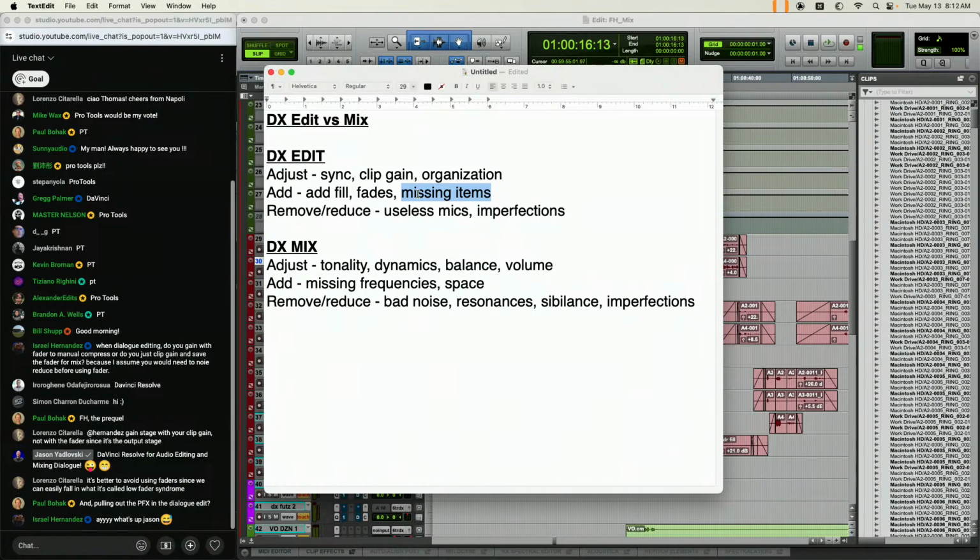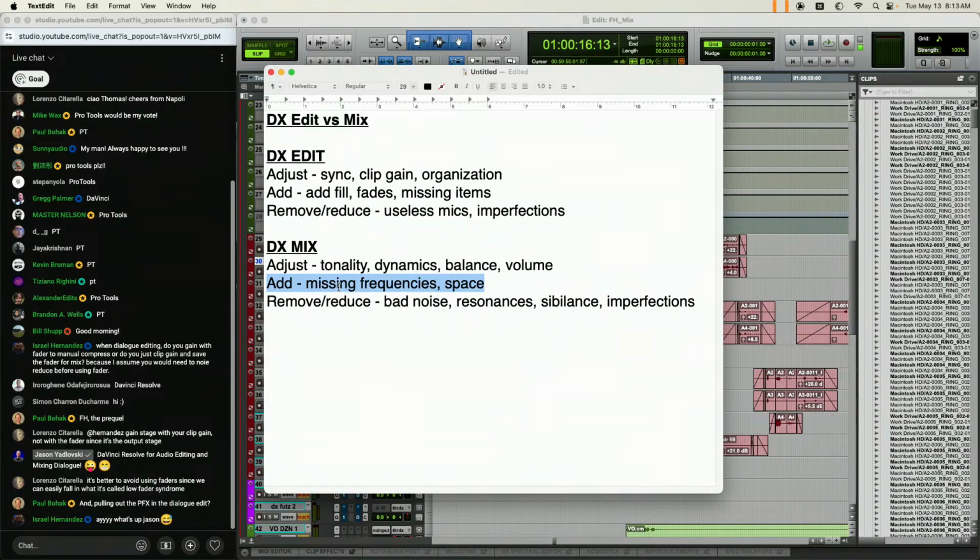Or PFX. Sometimes they shoot inserts MOS, but on the coverage, they picked up the sound that I could use for the insert. So I'll go add it in. I really want my dialogue edit when it's finished to play as a realistic, consistent, believable track with nothing missing. That means footsteps, props, even ambience. Like I might add a bird at the top of a scene. You can get super creative with what you add in. You don't want to add too much though. You don't want to add noise.